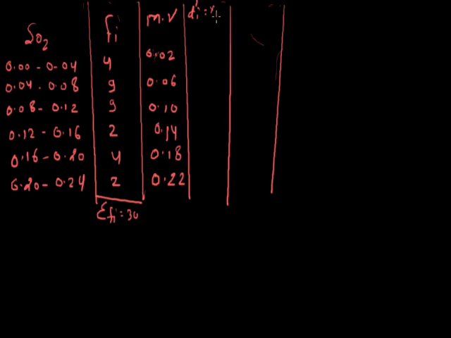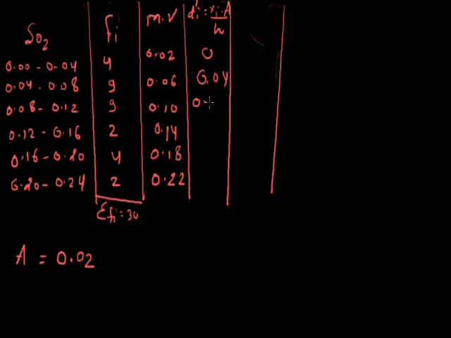This is xi minus a upon h. Now I have considered a. I have considered a is 0.02. Now this is 0,